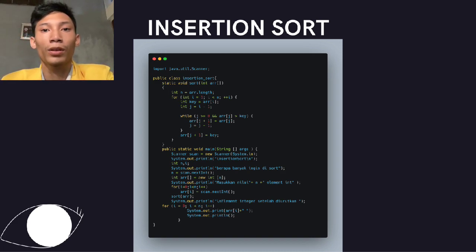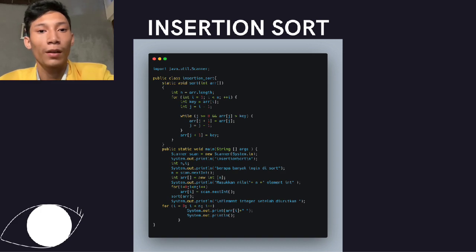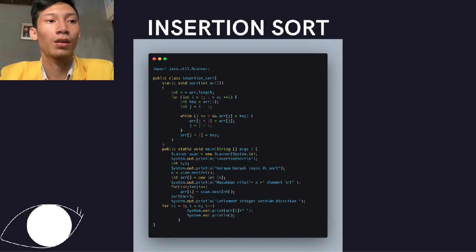We put in the array we want, and then it automatically sorts using insertion sort.